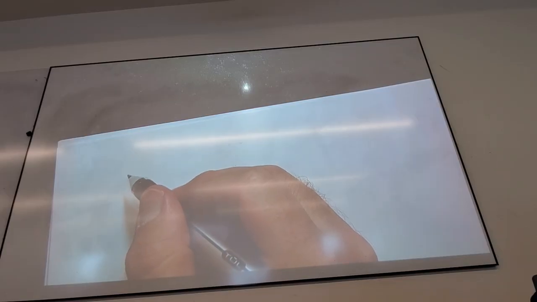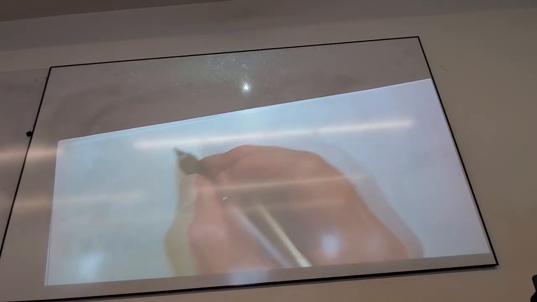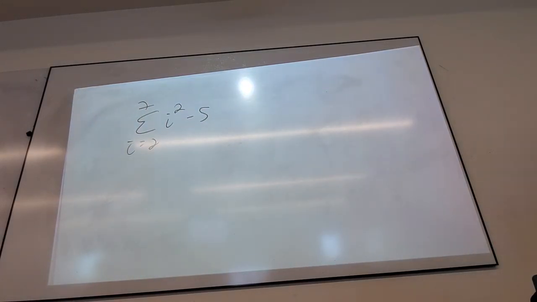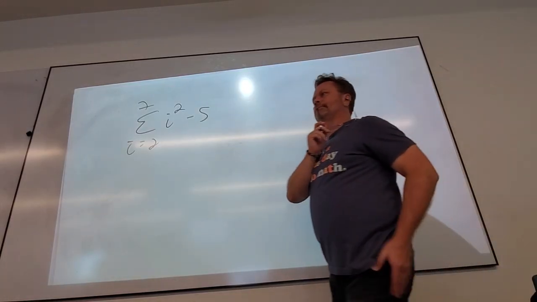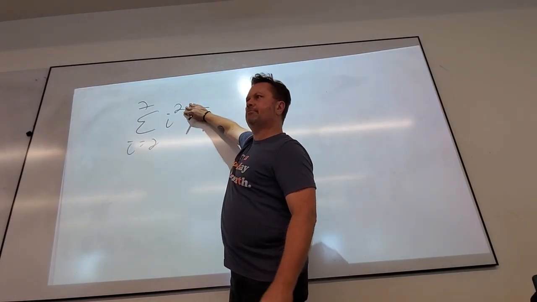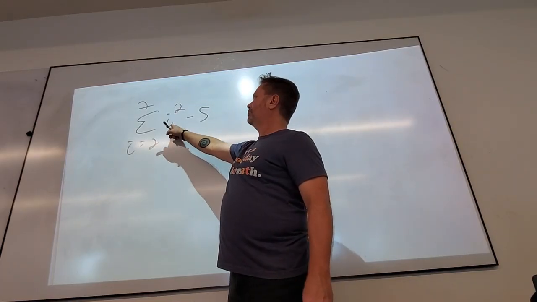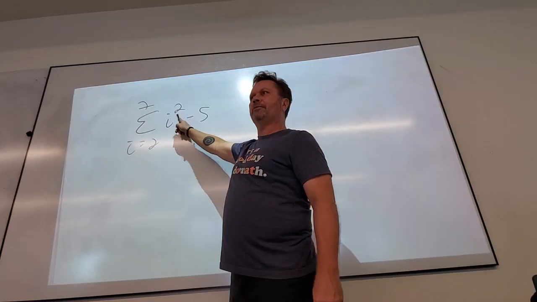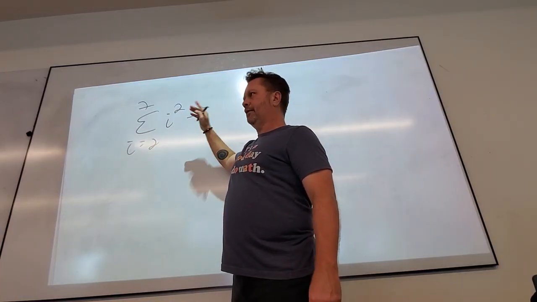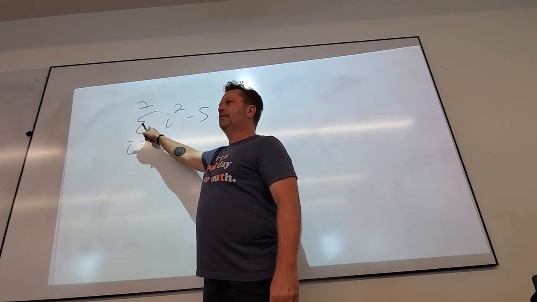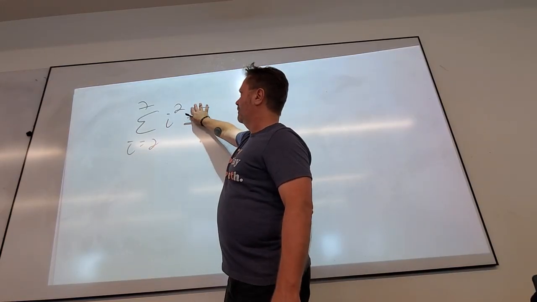So last thing. What's the difference between what we just did and this? This says take away 5. So you would do 4 plus 9 plus 16, and so on, and then at the end, you would take away 5. You guys see the difference? Because I didn't specify all of this was inside the sum, therefore, that's that thing. Take away 5.